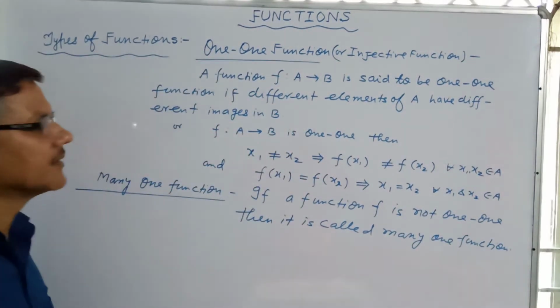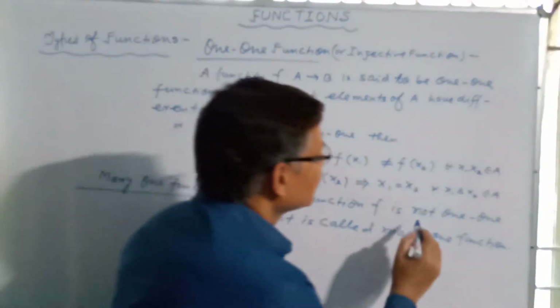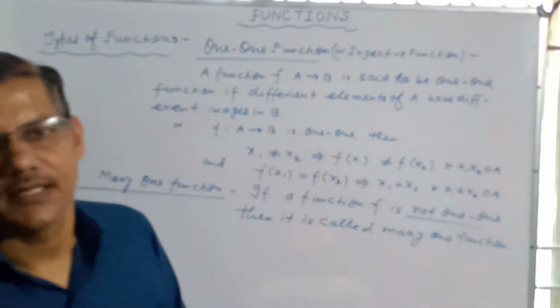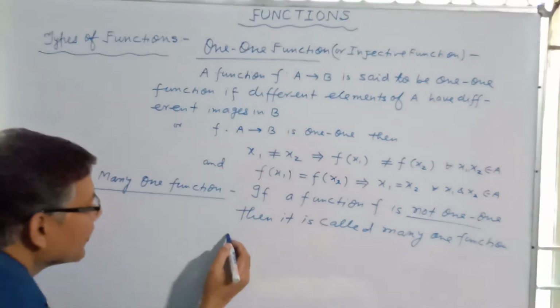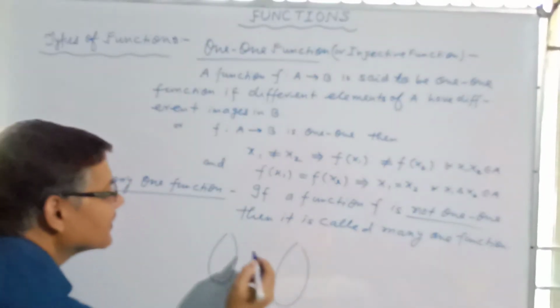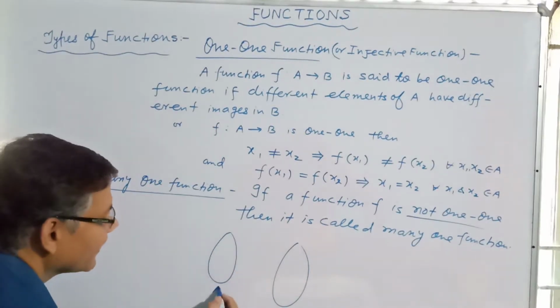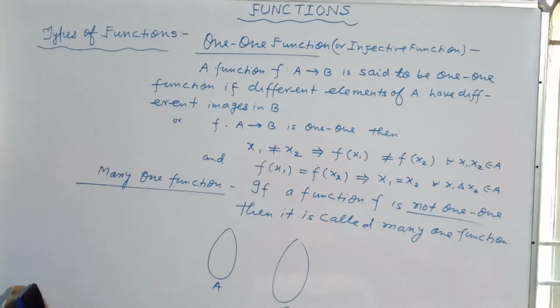It means in place of saying the given function is not one-one, we may say the function is many-one. For example, if I take two sets, one is A, other is B,